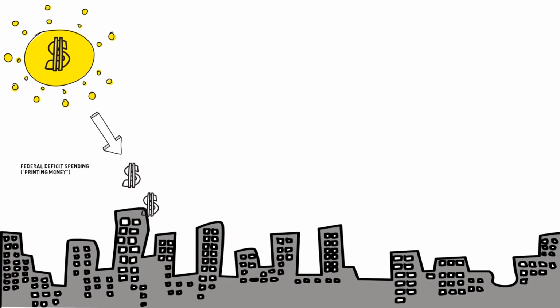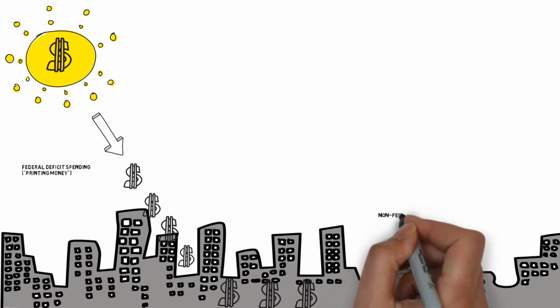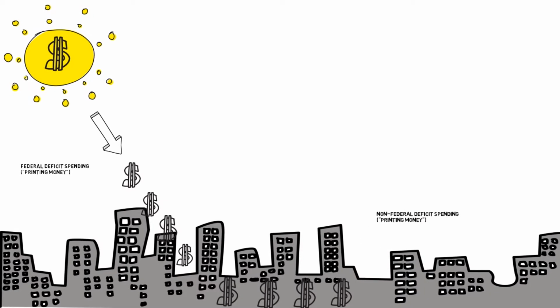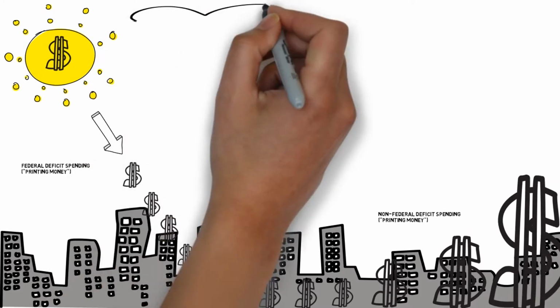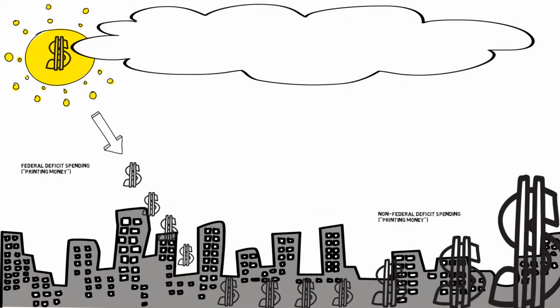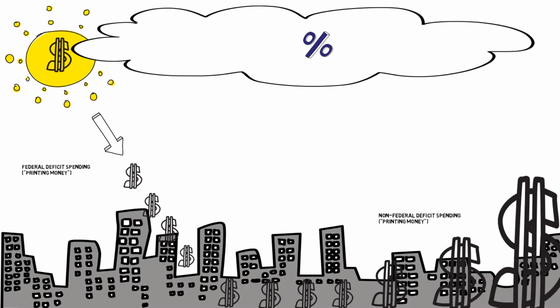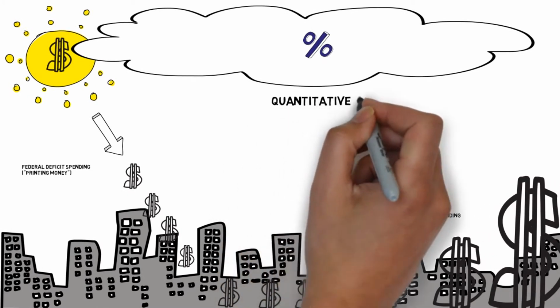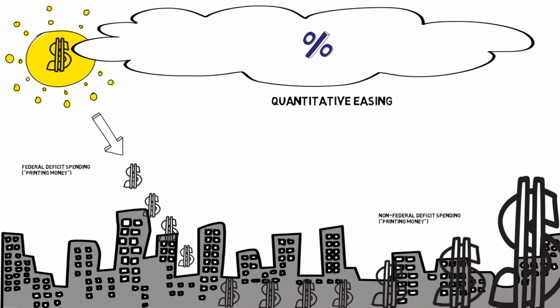Only the federal government, when it deficit spends, or the rest of us, the non-federal government, when we deficit spend, print money. And that is the only way that the money supply increases, the only way the economy grows. The banks and the Fed, by swapping dollars for assets, for collateral, through a process of credit extension, only facilitate the rest of us to print money. Yet you only ever hear the part about the Fed printing money.